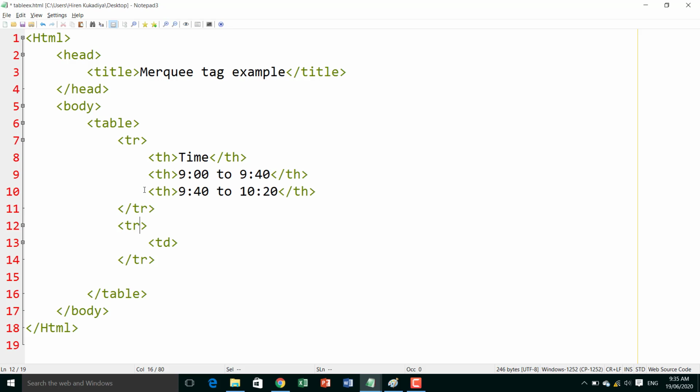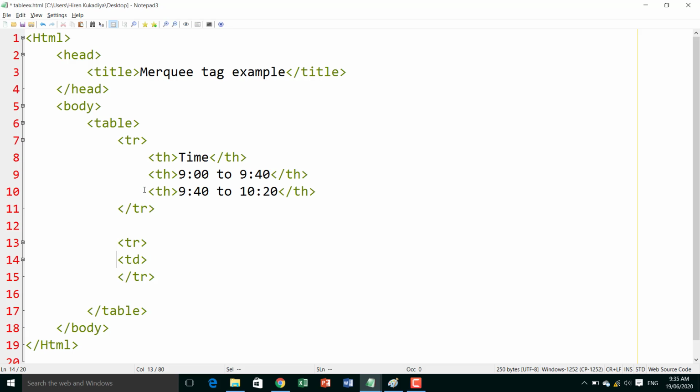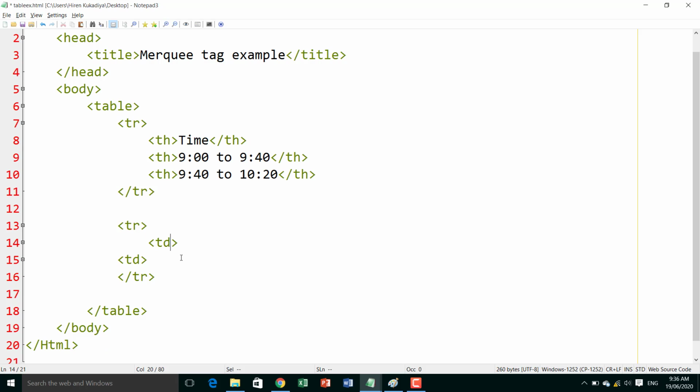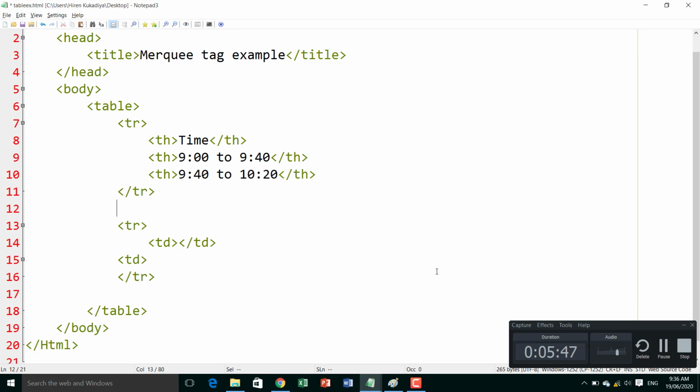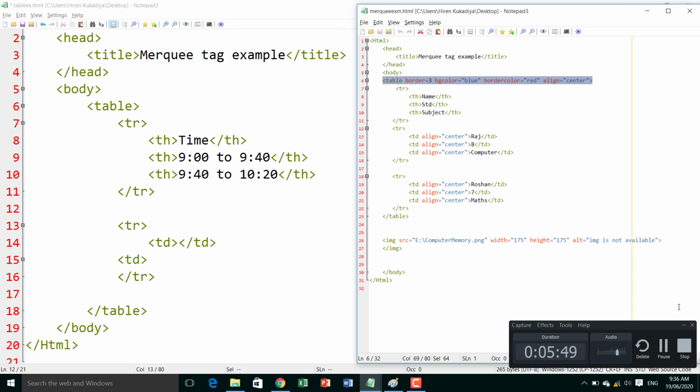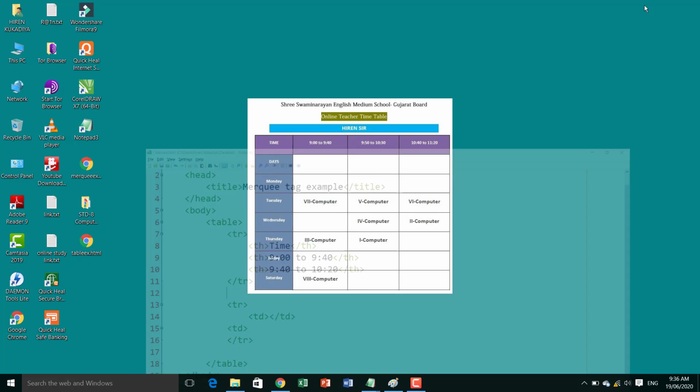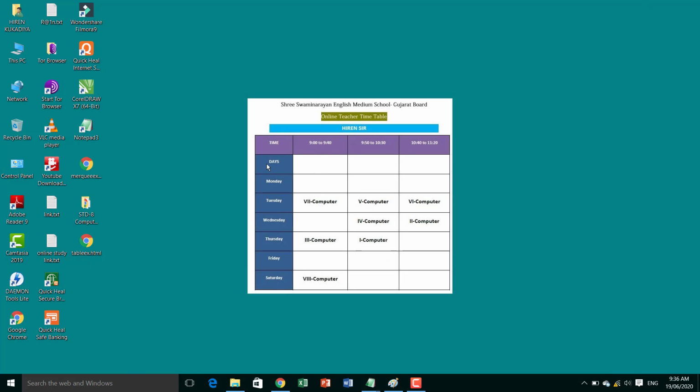Now we are entering the second row, and here we keep the data with table data, TD, using the TD tag. Here we use, suppose, days. Our timetable has days like Monday, Tuesday in this row.